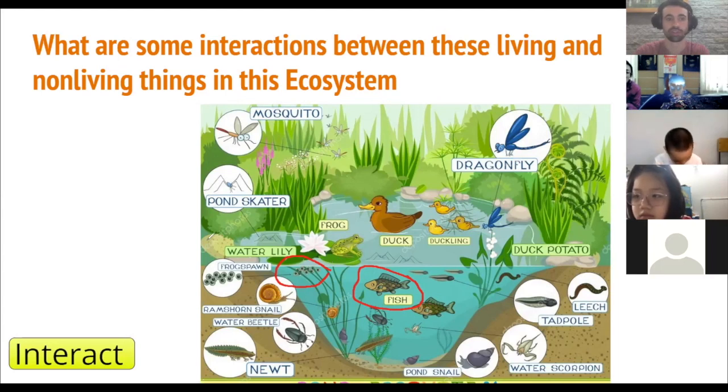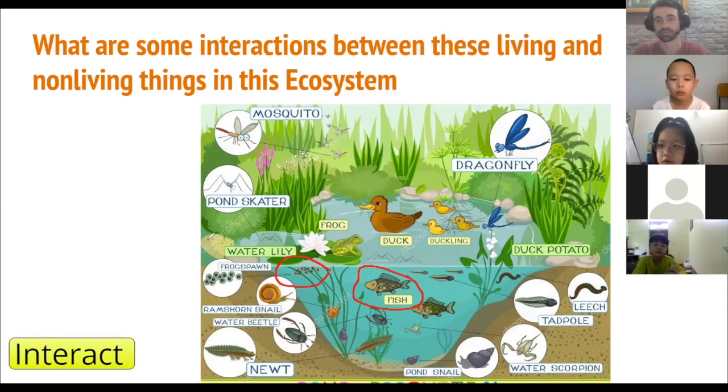Okay, I'm gonna see if one of your classmates can help. Let's see who can help. Can anyone help with the definition to interact? Katie. To interact is